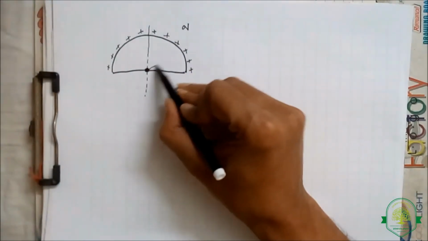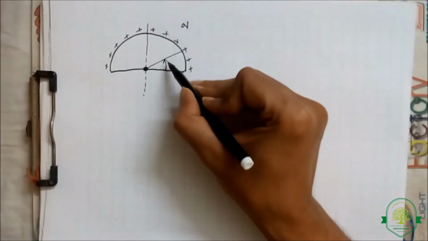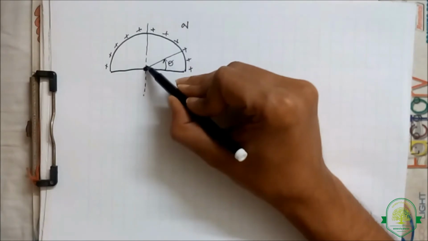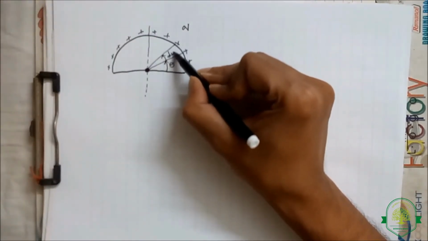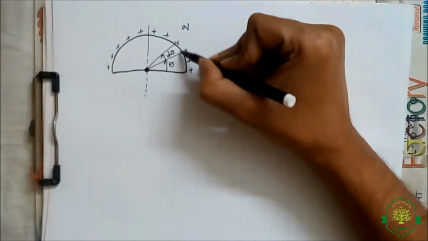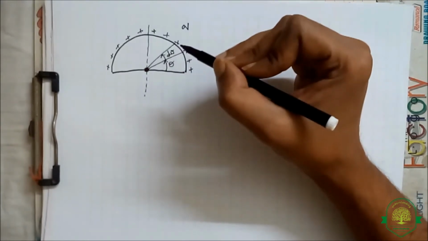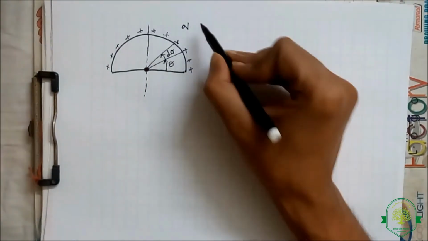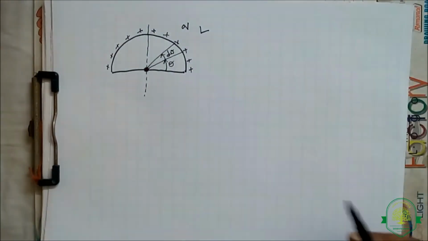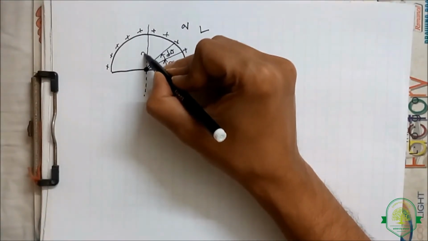and at an angle theta measured from the positive x-axis, let us take a very small increment d theta, and let us first calculate what the length of this portion of the semicircular wire is. So let us say it has been given that the length of the semicircular wire is L, and if we assume that the radius of the semicircular wire is R,